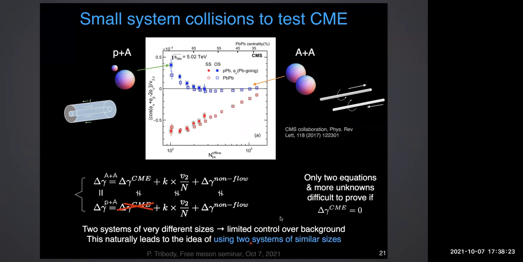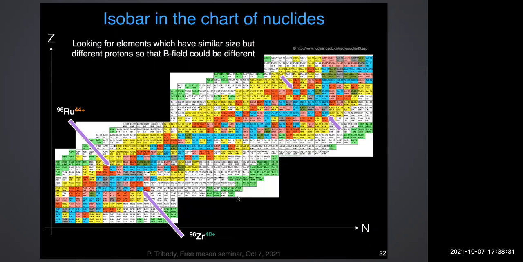So what are the possible candidates? Systems that are of similar sizes. You have to really search into this chart of nuclei in the Z versus N plot. This is not a periodic table, this is just a chart. And there are several candidates. So one candidate over here, what we are looking for are isobars, is ruthenium